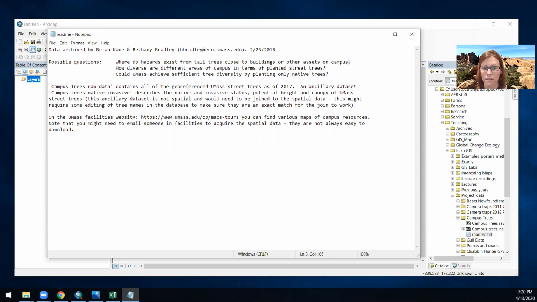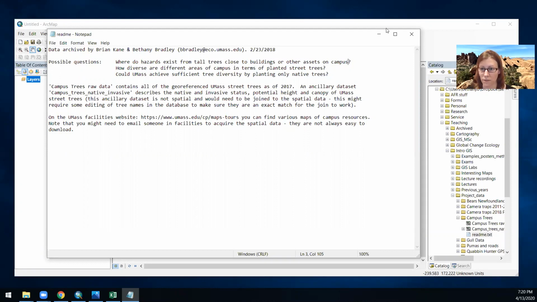If you want to address that question one, that requires working with facilities folks to get spatial polygon data of buildings or other features on campus. We have all of that, but it's not always easy or available for downloading. So usually you need to contact somebody. So for year 2020, where contacting folks is a little trickier,